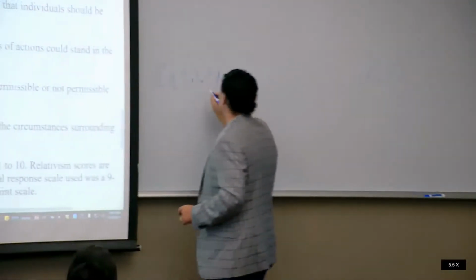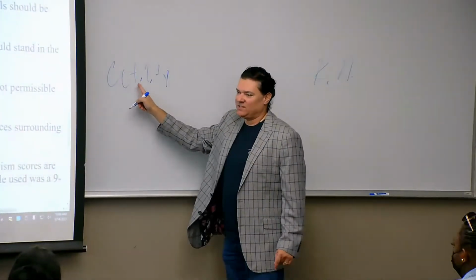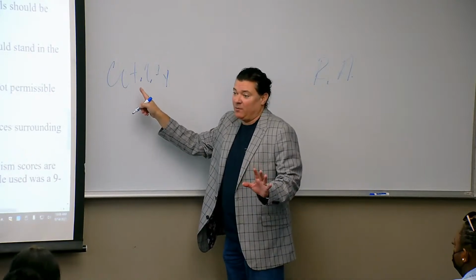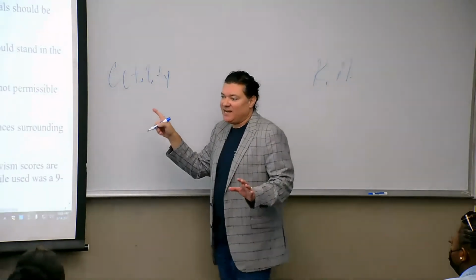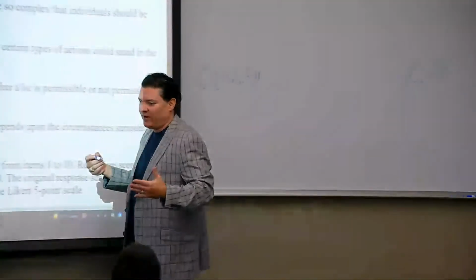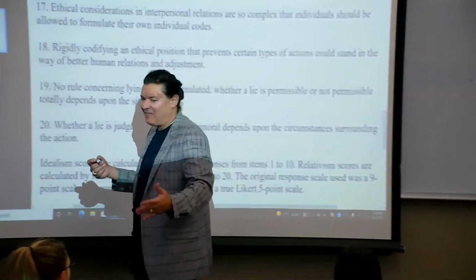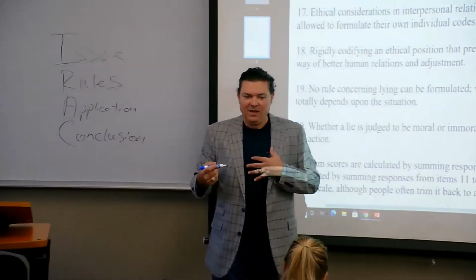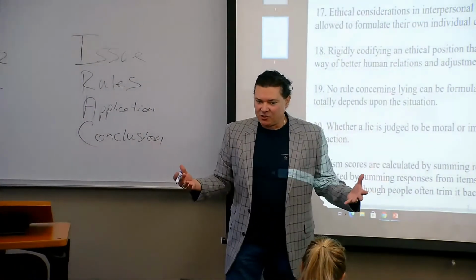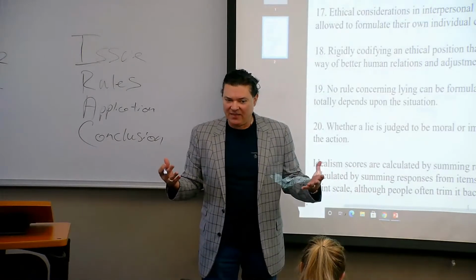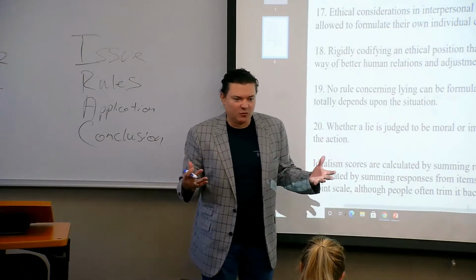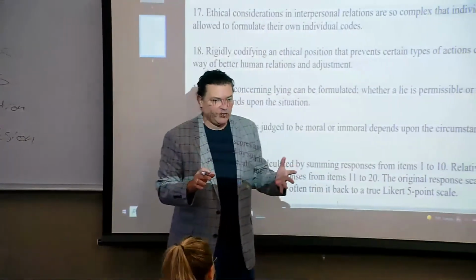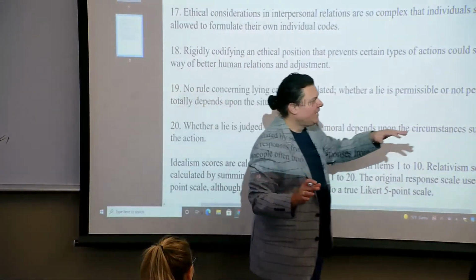These are diametrically opposed. Utilitarianism says results matter. And in order to get there, you may not be able to develop rules. So what I have to do is, in everything that I think about, in every interaction that I have with you, I have to think about whether or not I'm behaving ethically and analyze the totality of the circumstances and come up with an action that I think is right. That may not lend itself to rules. Now, utilitarians try to fix that by coming up with what they call rule utility, which I won't get into,